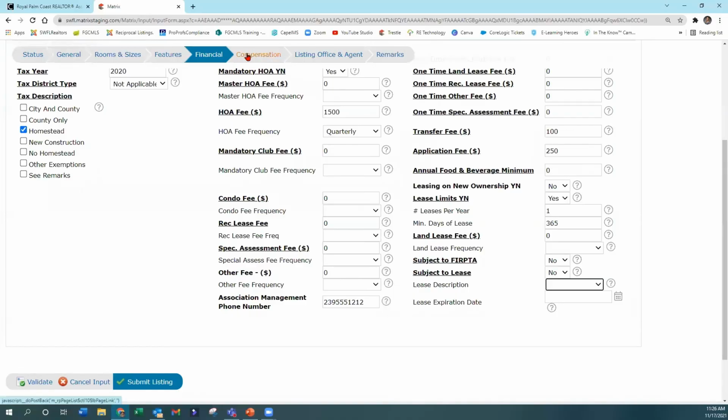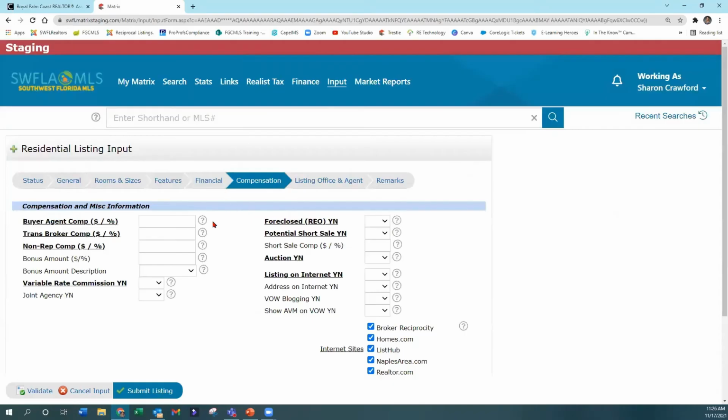The next tab is going to be our compensation tab. This is a very important tab. When you enter your compensation, you must enter a $ sign or the percentage sign. I have people call me all the time and they tell me they're entering the listing and it will not accept the compensation. And I go in and I look and they don't have that percentage sign or that $ sign. And you can see right there, it's telling you that you have to enter that amount with the $ sign or